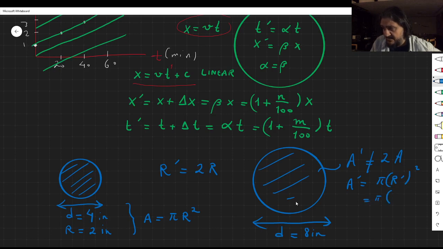But r prime is equal to, remember we doubled the distance, 2r. This square applies to both 2 and r, so 4 times r squared, or 4 pi r squared, equals 4A. So by changing the radius by a factor of 2, you're increasing the area by a factor of